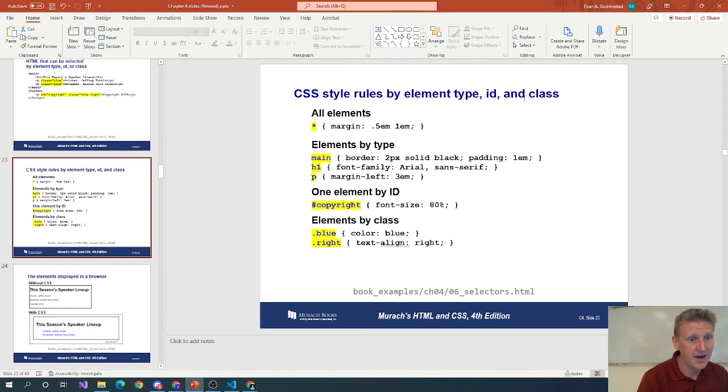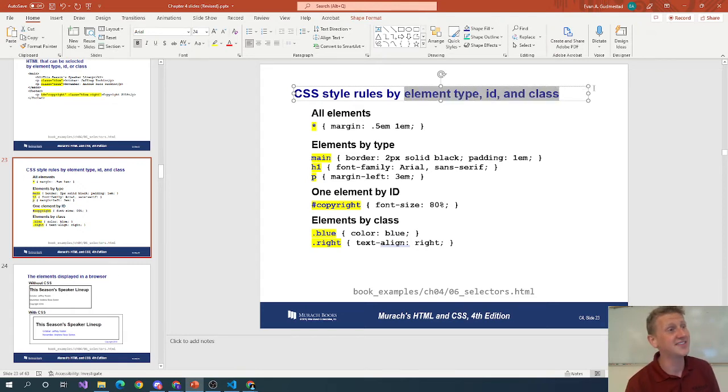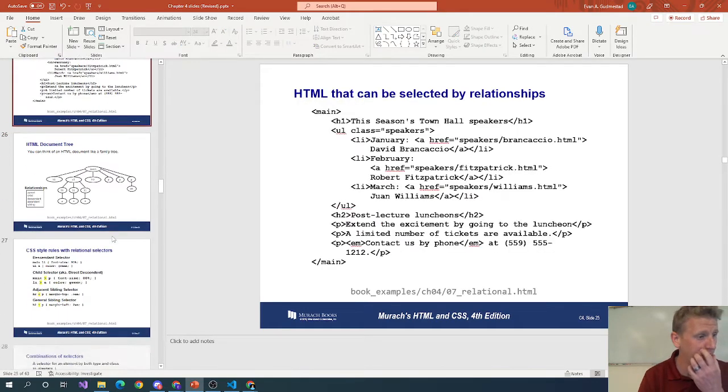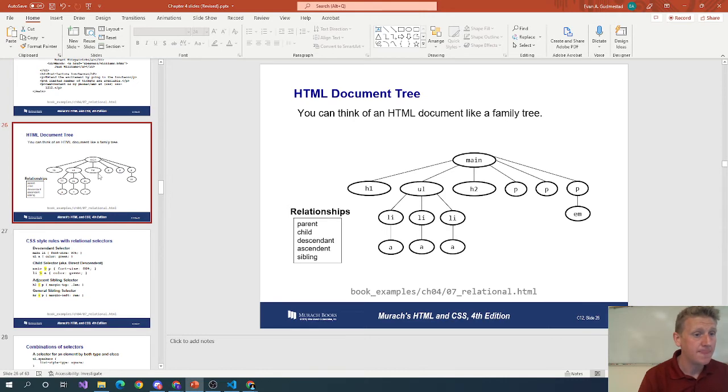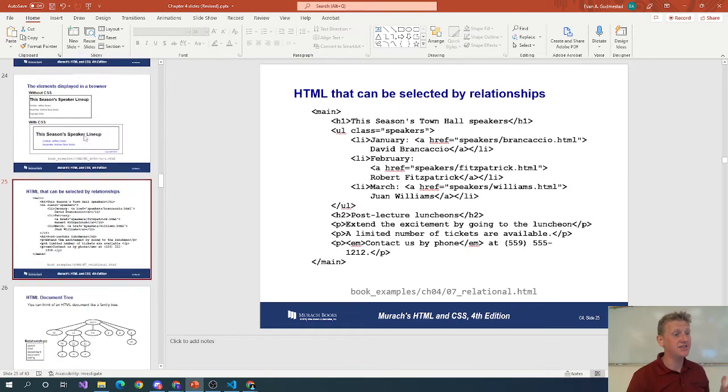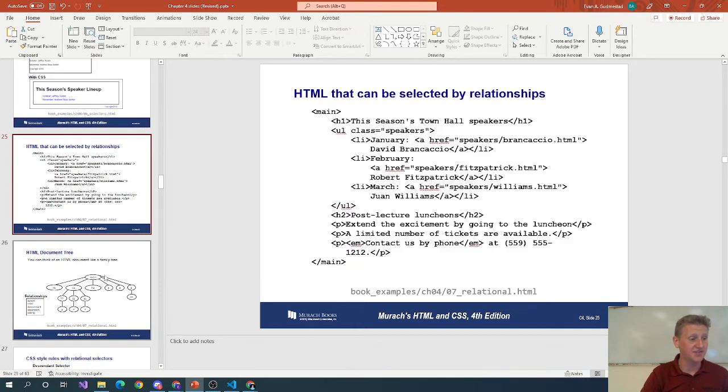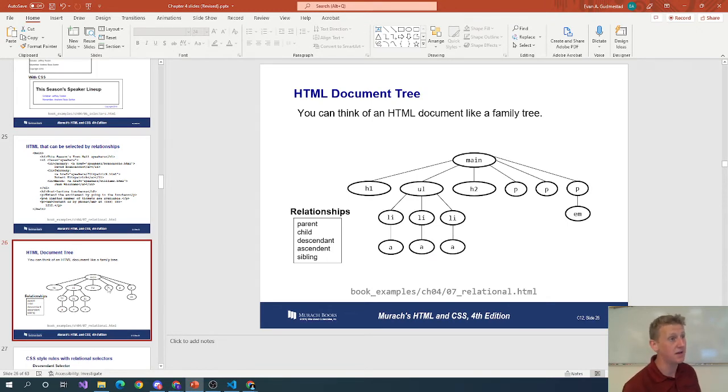Selecting things by element type, IDs, and classes, right? We know that these are the ways that we can select things in CSS: element type, ID, and classes. So here are three ways to select things. Turns out there's more than three ways. And to use these other selectors, you have to understand that HTML, and this is actually a very important slide,